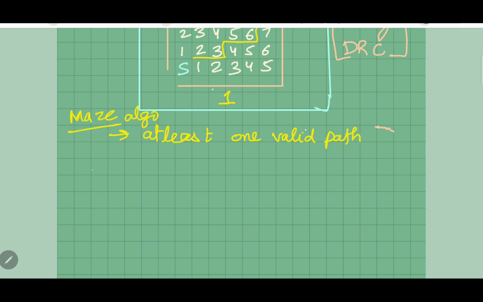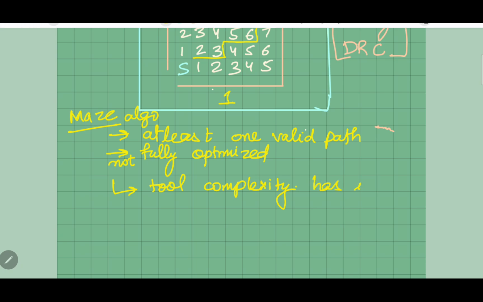But the problem is it is not fully optimized, and there is one more thing, that nowadays tool complexity has increased. So this is actually the initial algorithm. Basically it is a base algorithm on which the new algorithms are built up, and now we have a lot